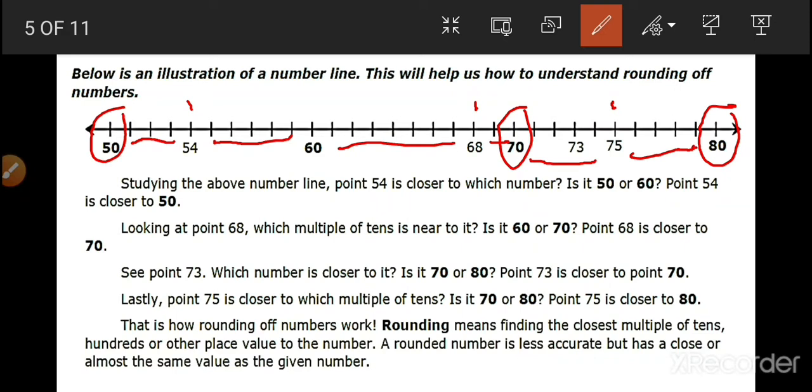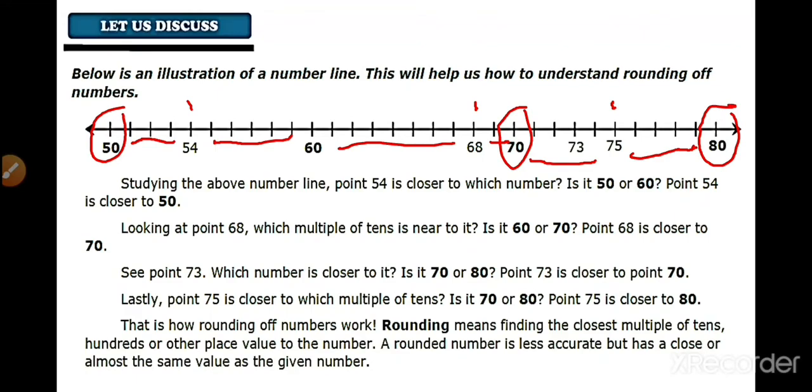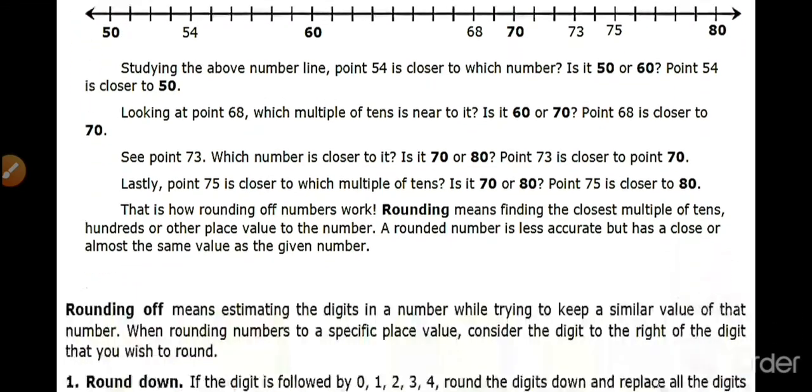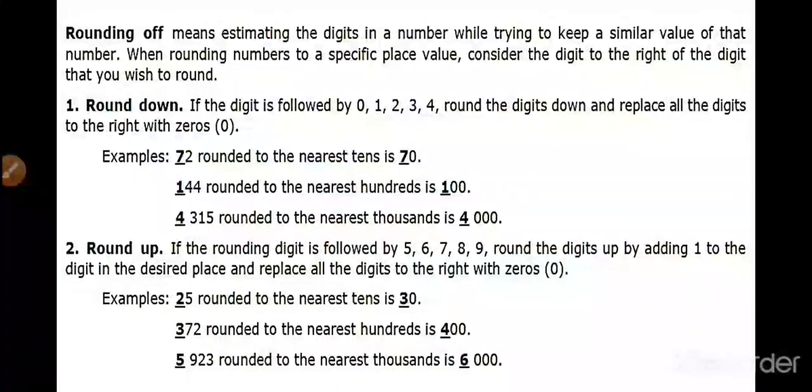Rounding means finding the closest multiple of tens, hundreds, or other place value to the number. A rounded number is less accurate but has a close or almost the same value as the given number. If you are done with this, then we proceed with the next slide. Rounding off means estimating the digits in a number while trying to keep a similar value of that number. When rounding numbers to specific place value, consider the digit to the right of the digit that you wish to